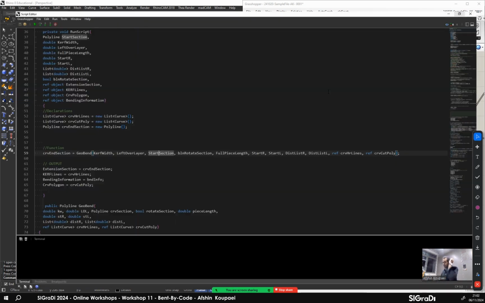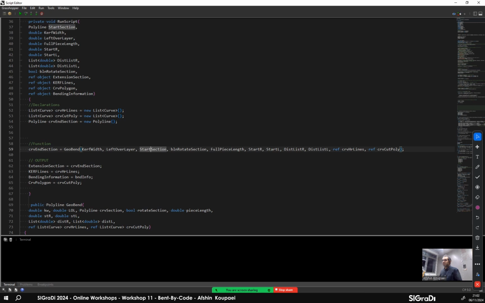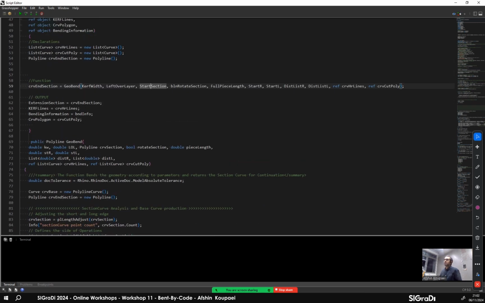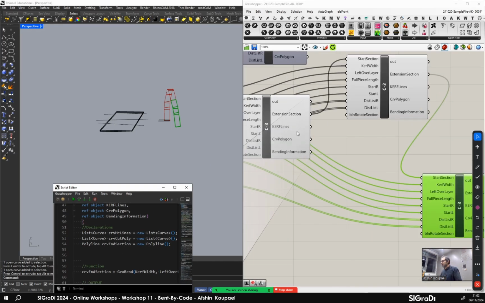So then what happens here? We have this geoband, and then in the next step, what we have here is the output. So it has this CRVH lines, CRV cut pulley, and then curve and section. So extension section would be curve and section. So it defines the extension. CRVH lines is the horizontal lines, and then bending information is the public variable that I define, which gives you some